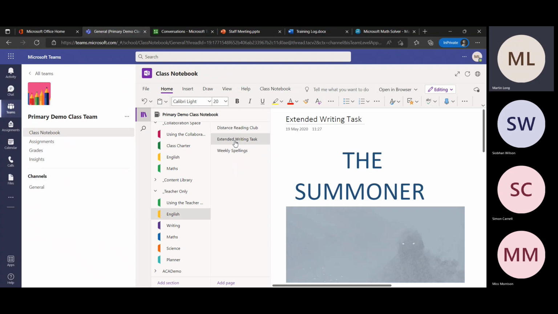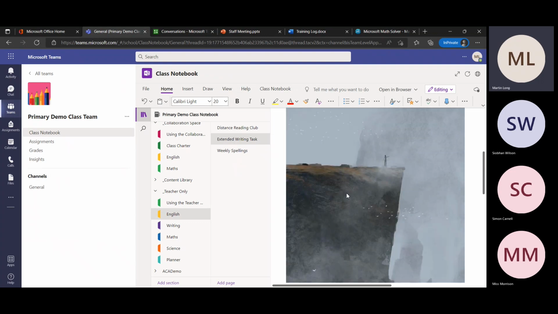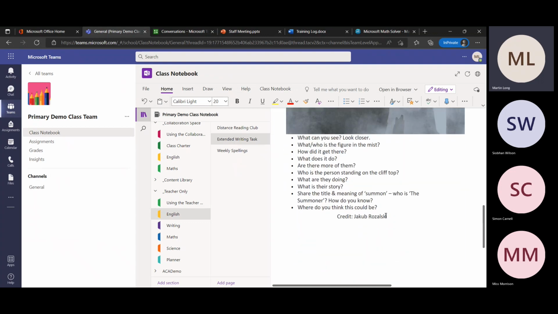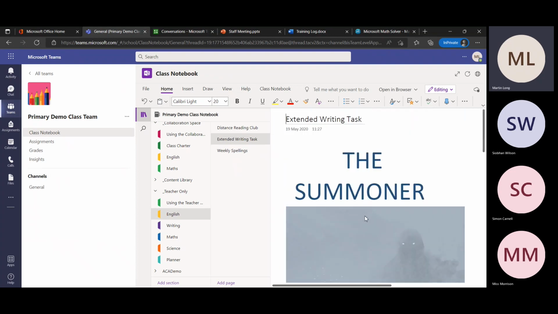So we might have an extended writing task, and we've got one here on the Sumner. So this is stimulus there, questions, and then they would read the text. And what you can do is you can use lots of different tools in OneNote class notebook, but you can use Immersive Reader. One of the other things that you can use before we go and look at Immersive Reader, if you just want to capture text on the page, one of the barriers could be being able to type. You might have a physical disability, which means you can't type, or there may be a reason that the keyboard just isn't an accessible thing for you, and all it does is frustrate you, annoy you, and that becomes a